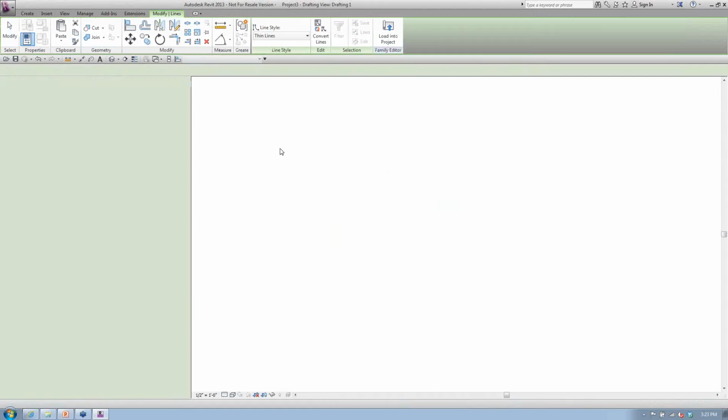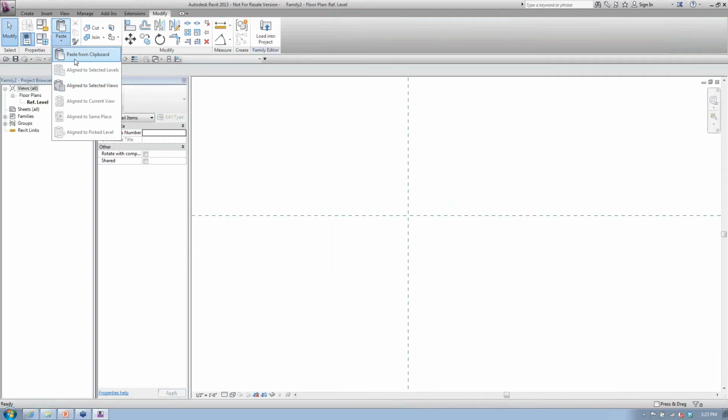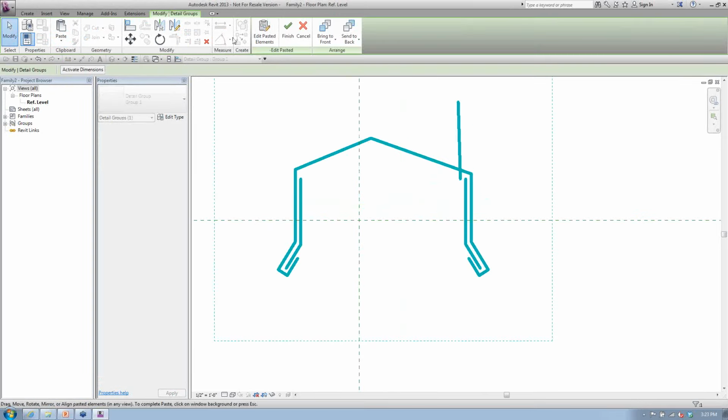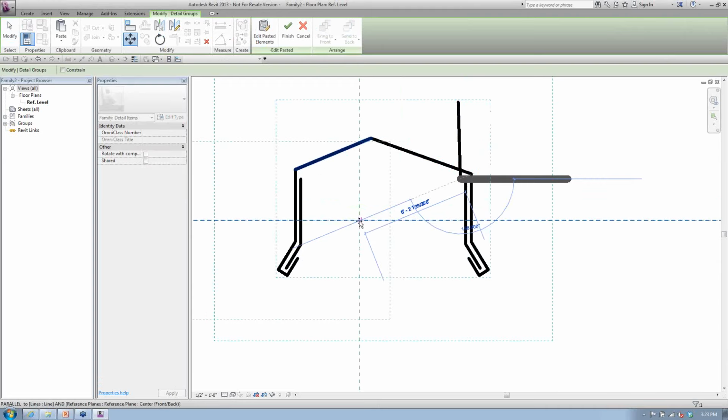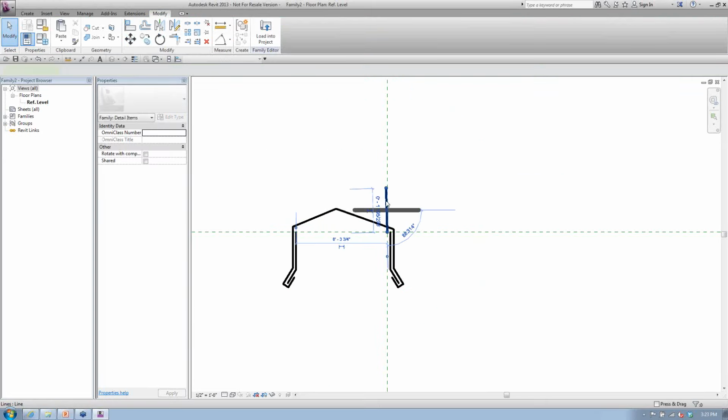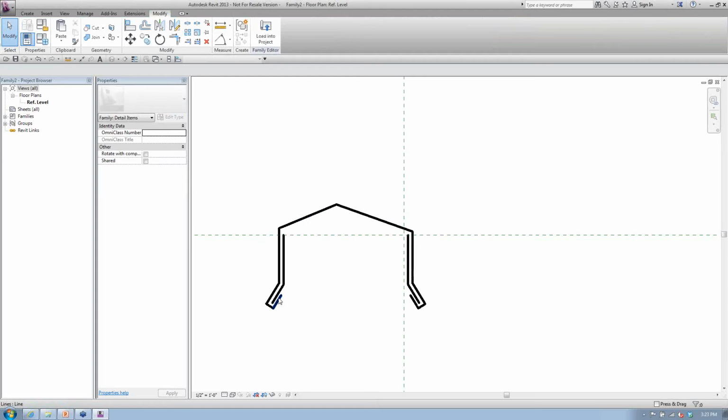I will go back into my project, or my family, excuse me, and I will paste this from clipboard. And now the reason I copied that line is I can go ahead and move that point to the insertion point of the object. So I'll go move that to my intersection and then delete that line to be done with it. So very simple, copied it from the project, pasted it into here. Usually I cut it from the project, but so now that this is pasted in, what I can do is